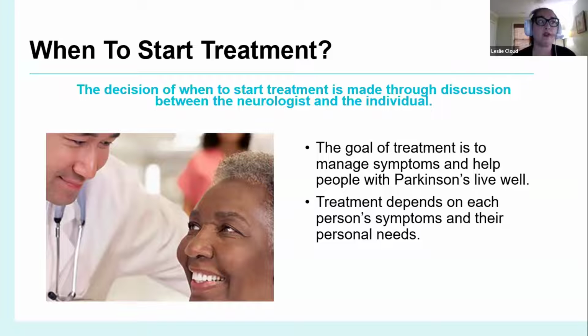So you really have to look at the individual situation, think through how much it bothers the individual, and really let the individual tell you their thoughts on when they need treatment. And from my perspective as a physician, if I think that someone really looks like they are struggling and I really think they need medication, I may say, hey, I can't help but notice you seem to really be struggling to get up out of a chair, and it seems to be hard for you to do these things in clinic. Are you sure that you don't really need anything? I mean, I may offer that,